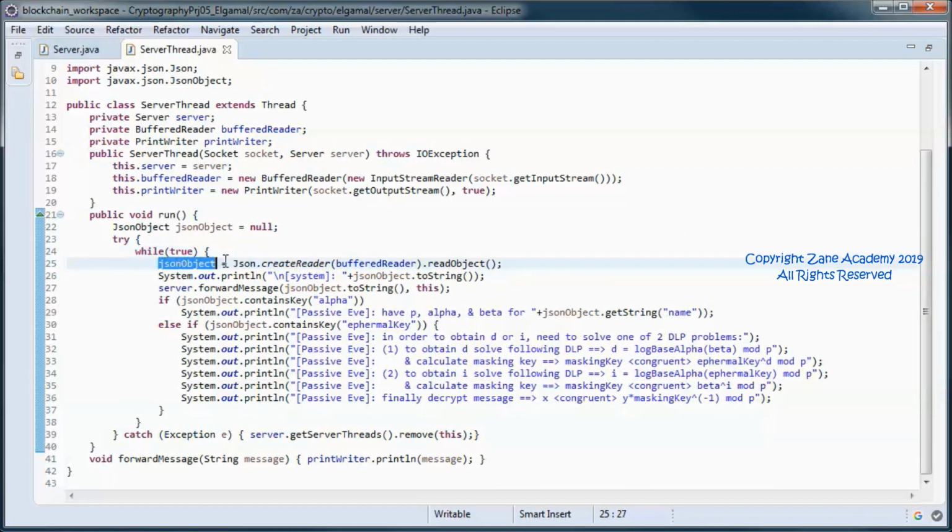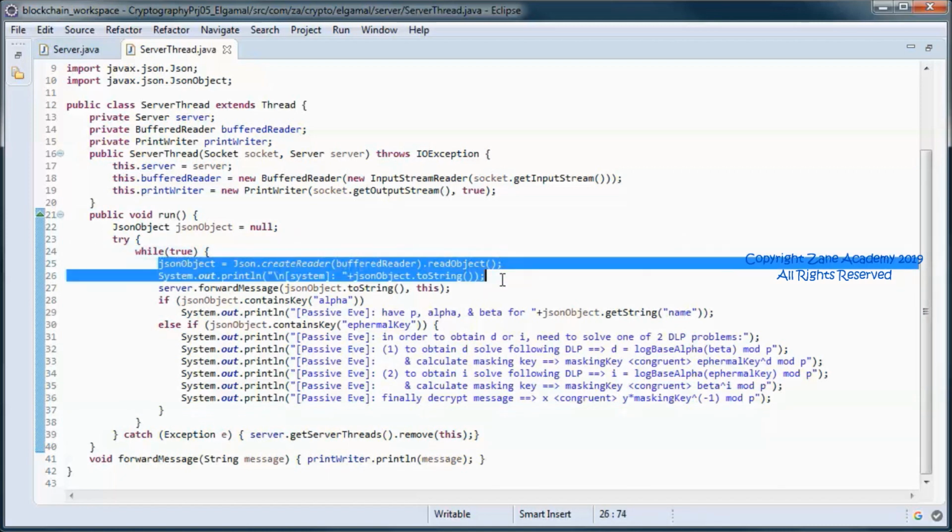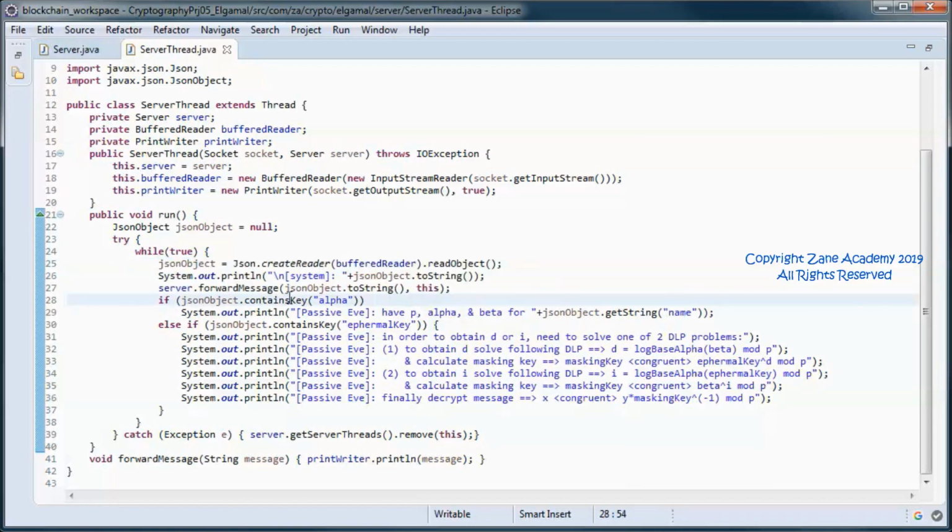So it's picking up JSON messages and indicating if it is a message that indicates what are the public key for this client, then passive Eve indicates that she can see that, so P, alpha, and beta.